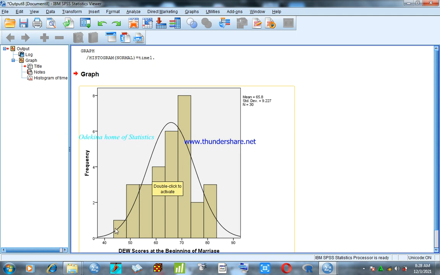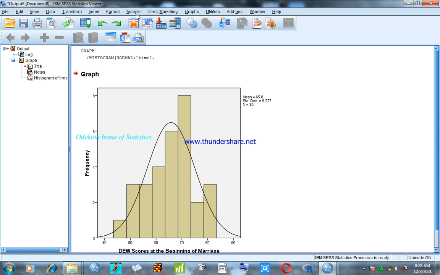But in a case whereby the normal curve doesn't have the shape of a bell, that is, if it's either skewed to the left or skewed to the right, it means that data set is not normally distributed. So based on this particular data set, we can conclude that our data set is normally distributed. So this is how we can view the normality of a data set through charts.